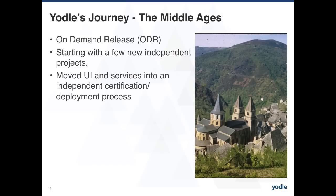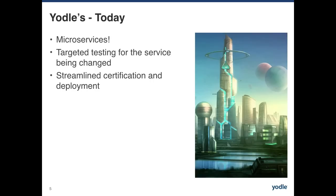And so we heard about this idea called microservices. And that's what we've been moving to for the next little while. And this is where we're at right now, and this is what I want to talk about today. So with microservices,